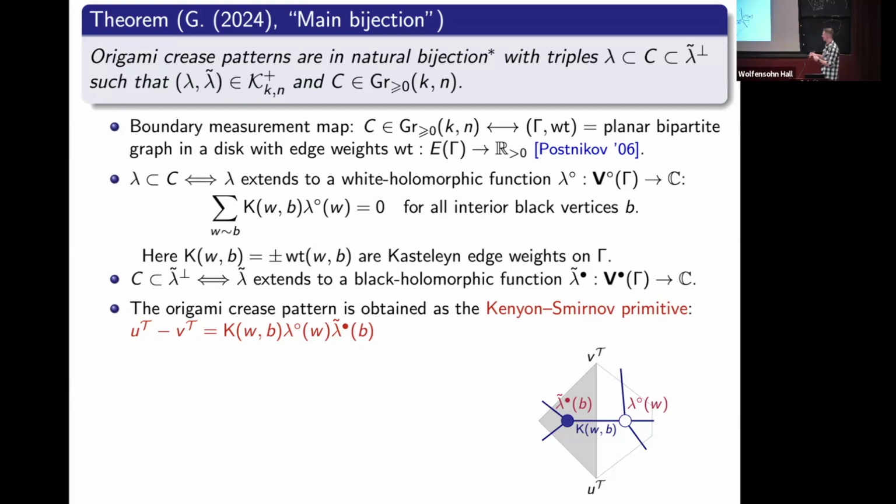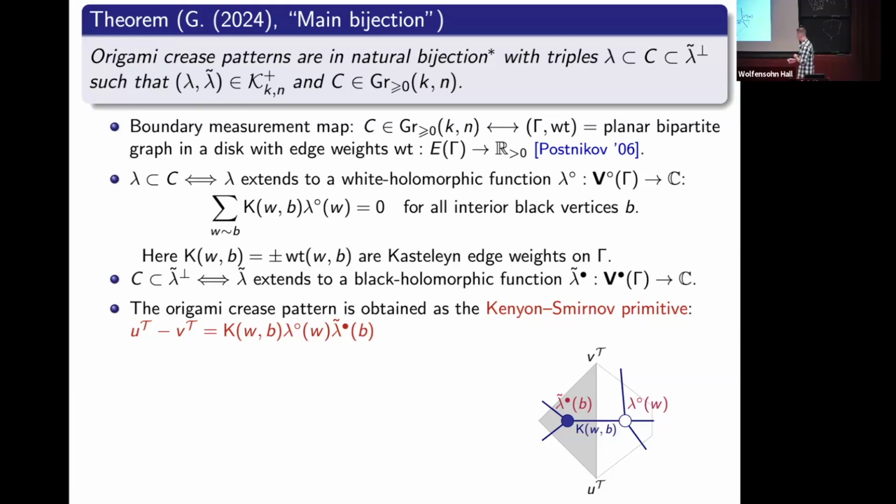Okay, yeah. The fact that this is consistent is a very simple consequence of the white holomorphicity and the black holomorphicity. Wow, this is reverse engineering how the connection between the amplitude and the Grassmannian came about. Yeah. So if you look at it in the book by Nima and Jaroslav and Jake and Alex and a bunch of other people,